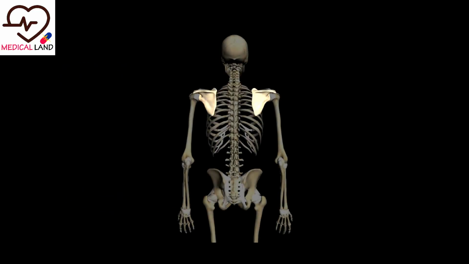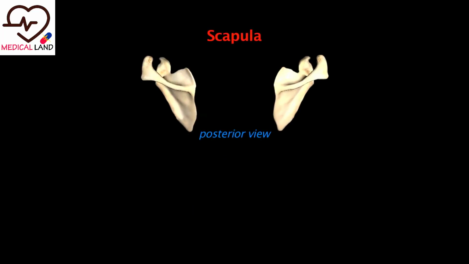The second bone that makes up the shoulder is the scapula. It's a flat triangular bone on the posterior lateral aspect of the thorax. Along the posterior surface of the scapula is a prominent ridge called the scapular spine. And at the lateral end of the spine is the acromion process, which, as I mentioned before, articulates with the